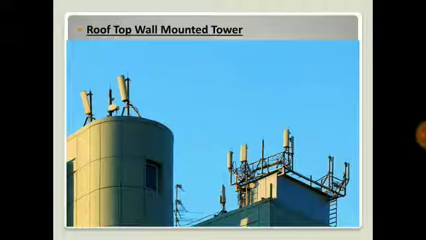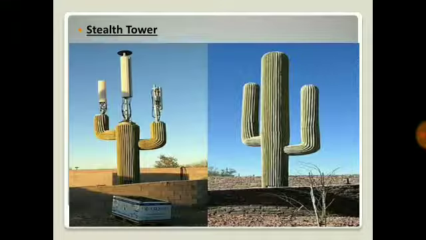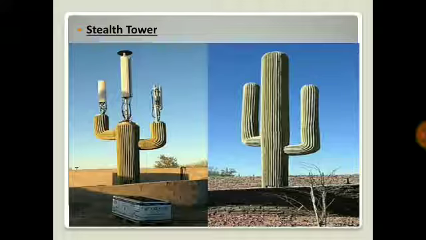The next one is the rooftop wall mounted tower. Radio and antenna units are installed on the top of the building wall with pole support. It minimizes the implementation and maintenance cost also, and is mainly installed in city areas, especially highly populated areas. Then stealth tower. These towers are typically required by tower owners. They are more expensive than other types of towers because they require additional material to hide their appearance, but they do not provide the same amount of capacity in terms of coverage.